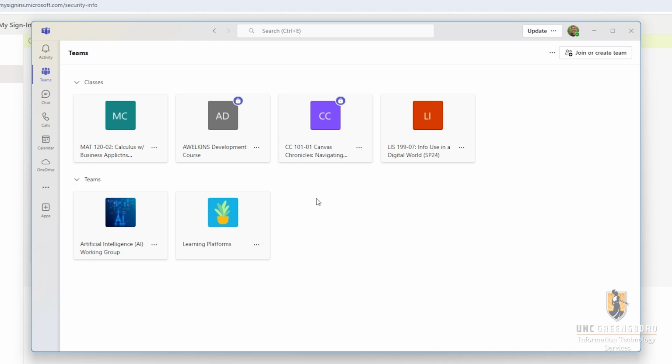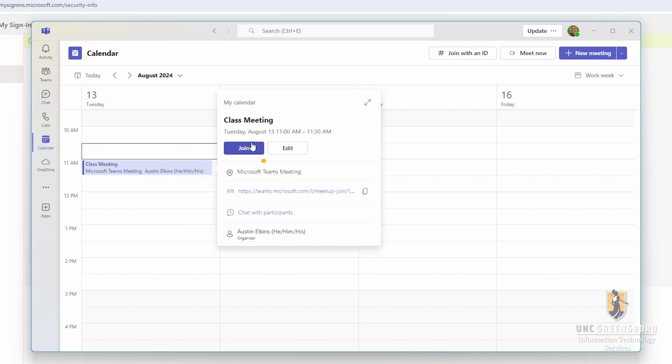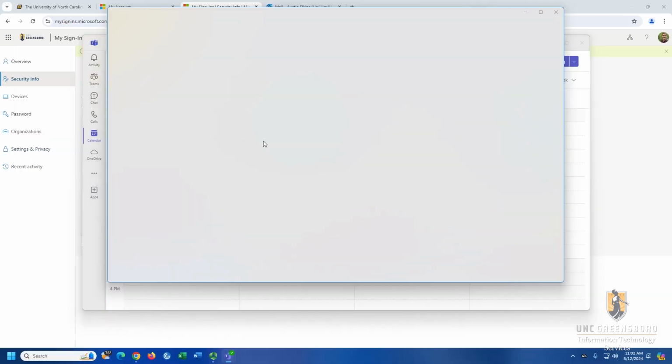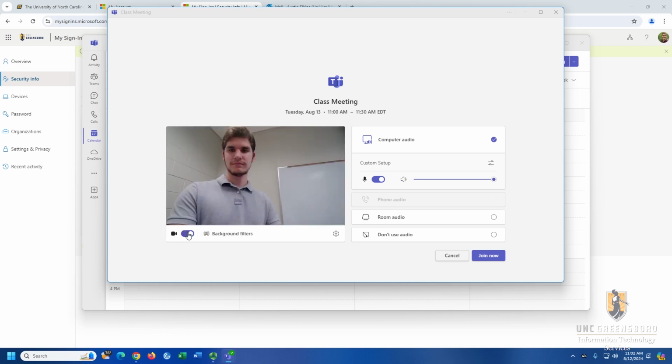If you have already scheduled your class meeting, you can click the Calendar tab in the left-hand rail, select it from your calendar, and click the Join button to start the meeting. After clicking the Join button, the meeting window will appear with a preview of your meeting settings. If you do not see video from the classroom camera, click the camera slider to enable it and click the